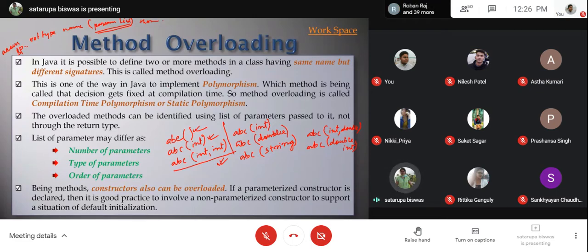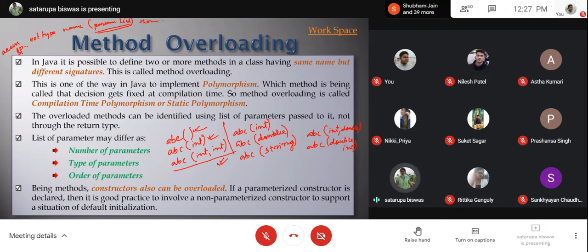Now this method overloading is also known as compilation time polymorphism or static polymorphism. Why is it compilation time polymorphism? Because when the program is getting compiled, then and there the compiler is taking the decision that which call is referring to which method. Okay.